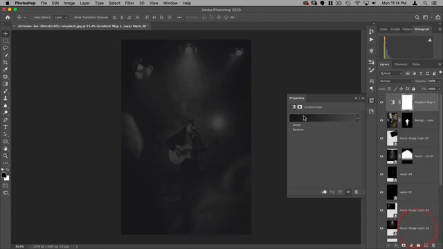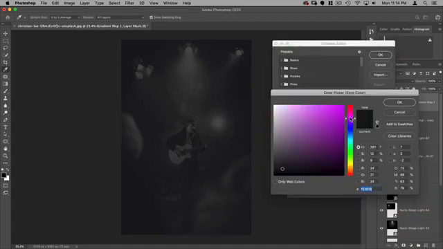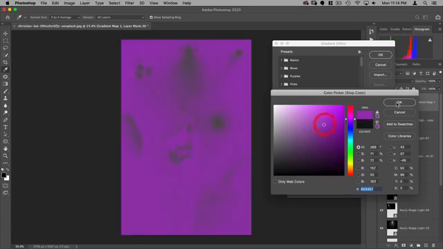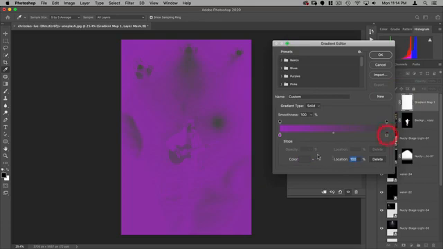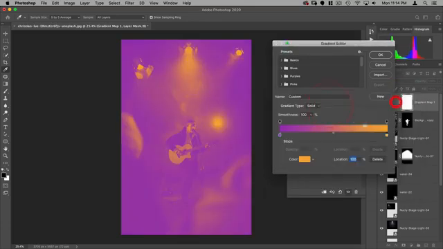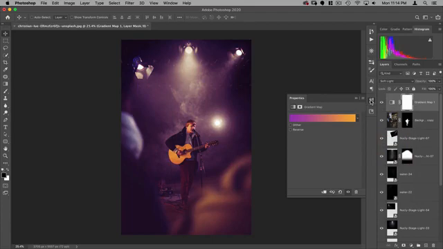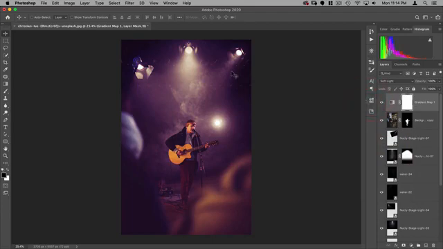To do that, I'm going to use a gradient map, and I want it to go from kind of a strong purpley color to a warm orangey color, something like that. Let's put this on soft light, and right away we're starting to get that look of this being a concert.